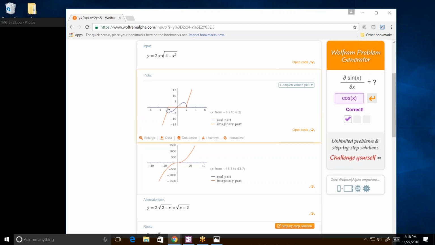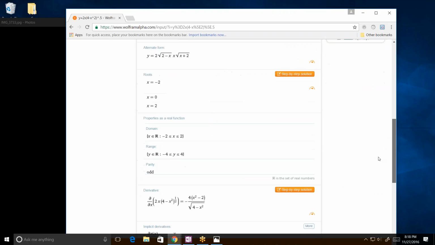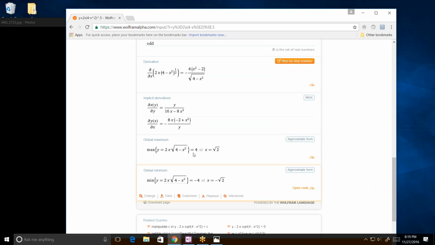But even still, if you graph this on your calculator and try to find the maximum, that's where you'd find it. It's some number greater than 1 and less than 2, we can see. In fact, let's see if they give us the answer. The global maximum is square root of 2 and minus square root of 2 is the minimum. So x equals square root of 2 is going to be that maximum.